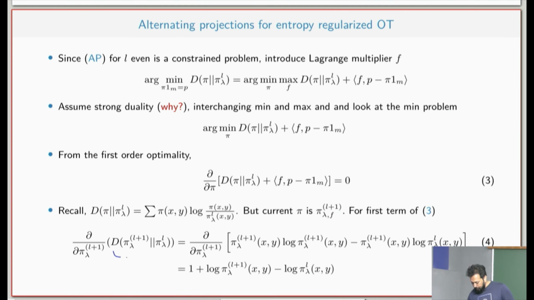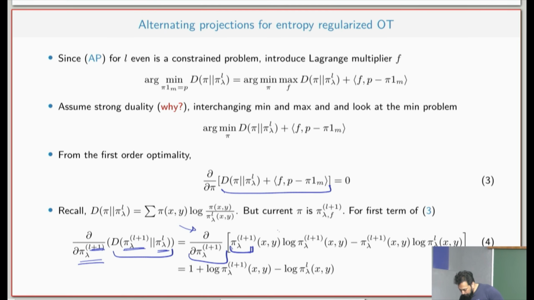in the derivative we have this. We have pi l plus 1, and I compare it with the current pi, and then I take a derivative with respect to the new pi that I'm going to find. So hence it's l plus 1. And here it's just the expansion of that, right? So wherever I have pi, I put pi l plus 1. Okay, because it's an optimization problem in pi, and some current one is there, and what I'm looking for is a new one. So for the moment I keep the notation l plus 1 because this is what I'm looking for,